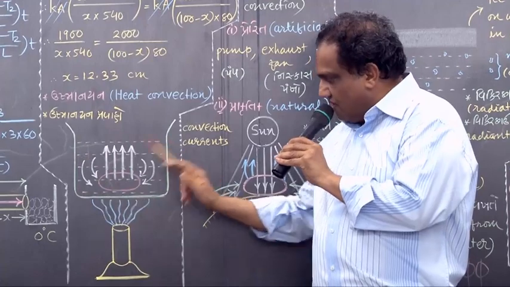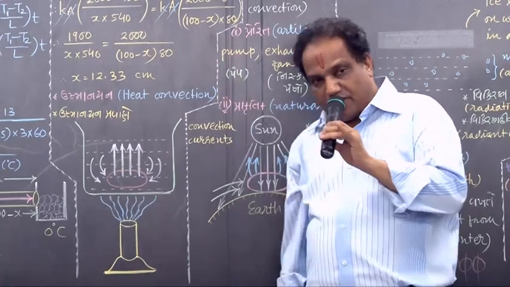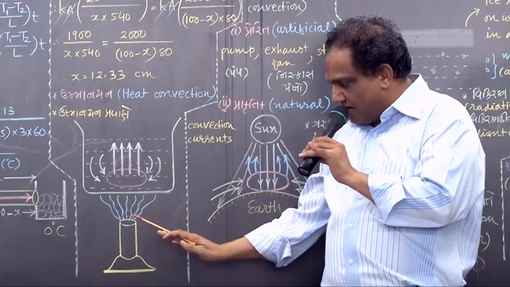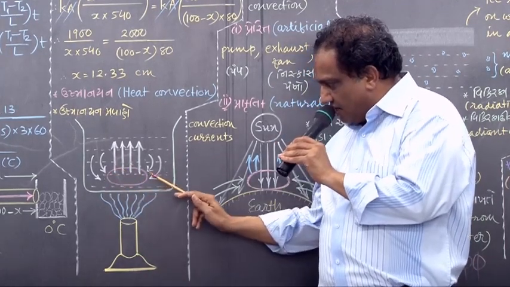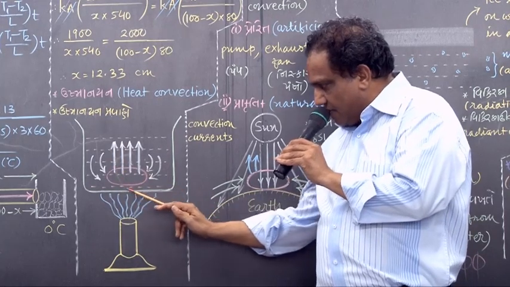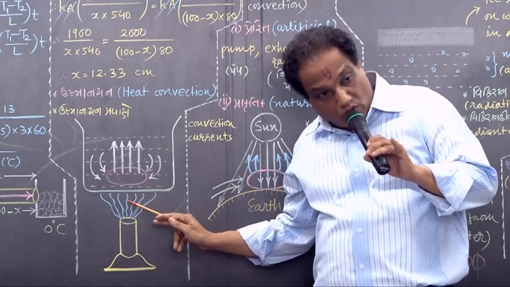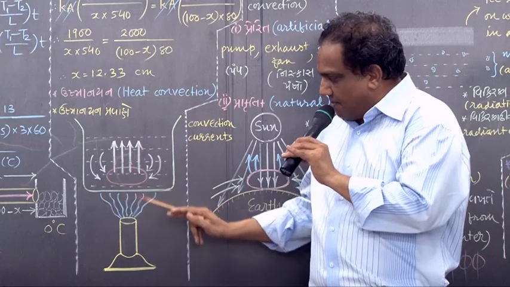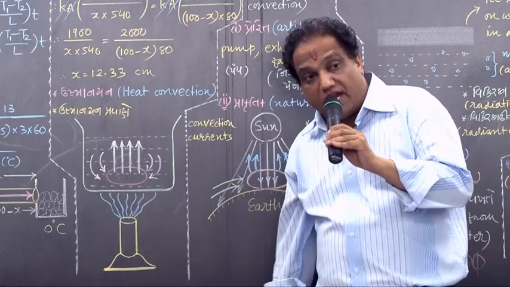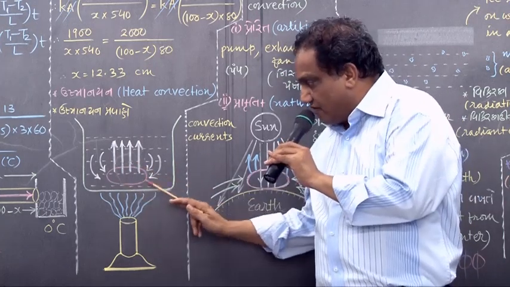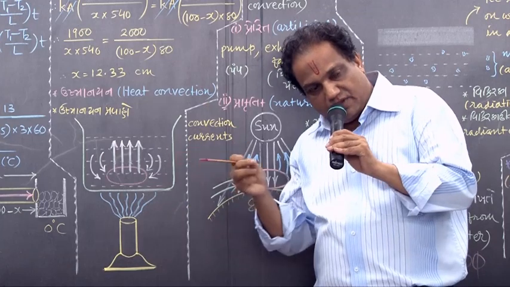Consider some liquid filled in this beaker, and suppose we want to heat it to a certain temperature. Through this flame of a burner, we try to heat that liquid. Now tell me, how to find the liquid in this part? Liquid in this part is very close to the flame, very close to the heat source. Because it is very close to the heat source, this part will be heated by more amount and heated quickly. Because this part is getting heated quickly and by more amount, the temperature of this part will increase suddenly.